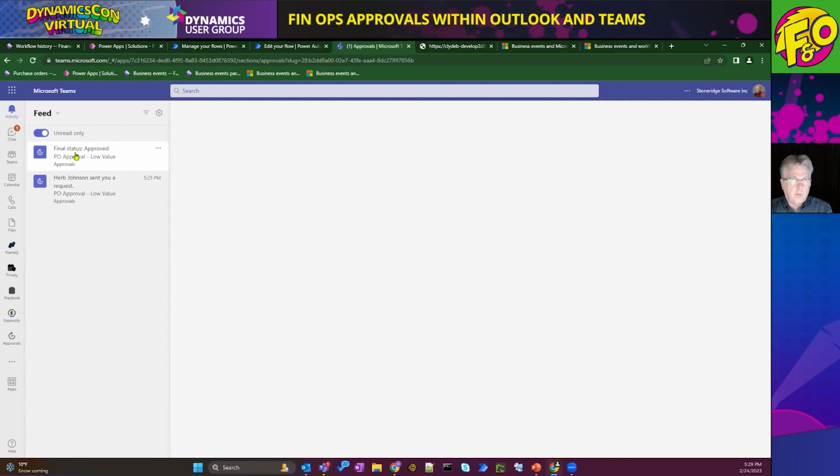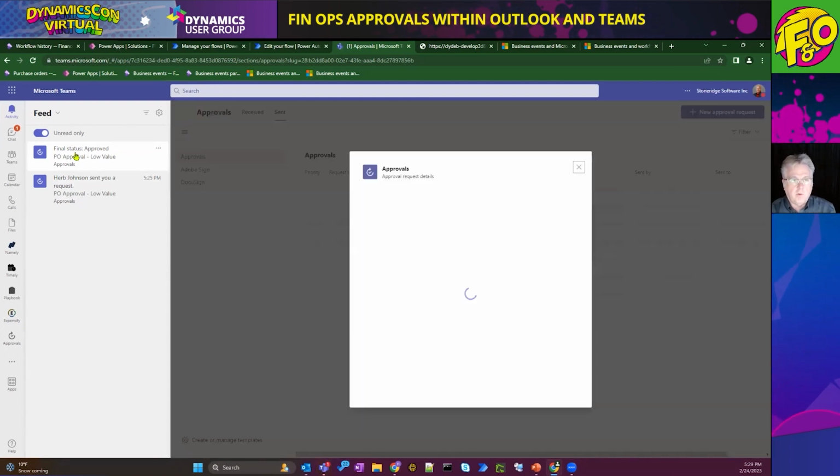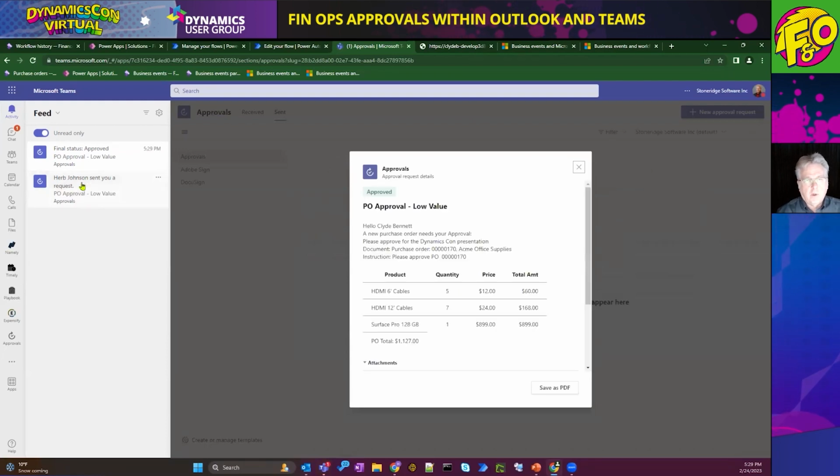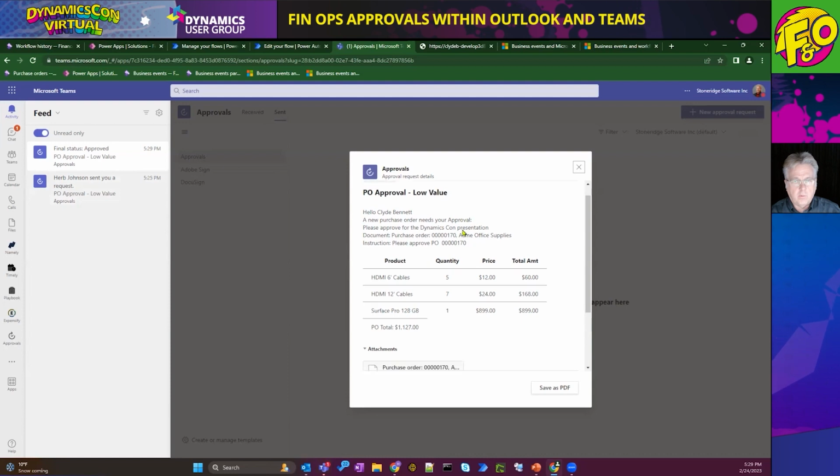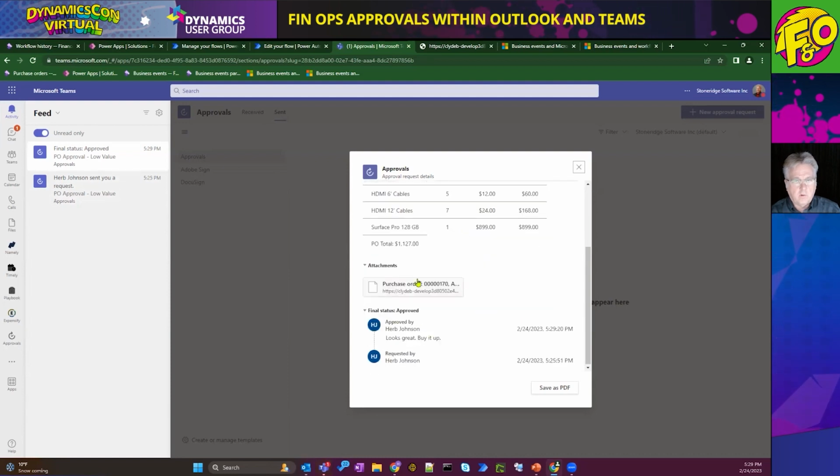And keep in mind, I set myself as the individual approver and notification. If there's multiple people on the approvals, all the individuals will see that it is approved or have the ability to approve it. So basically we got the green light here, it's approved, with just that additional information involved.